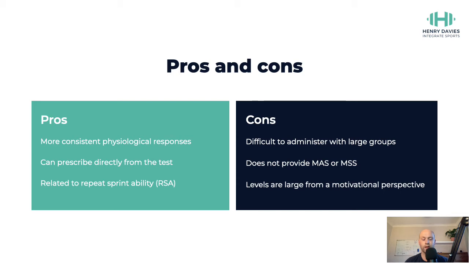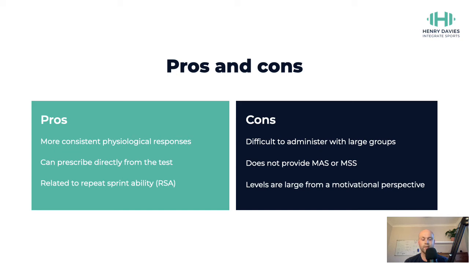relatively difficult session. Whereas if you're running at 110% of maximum aerobic speed, someone might be quicker than someone else, even if their MAS scores are the same. And so you get this big variation. Whereas prescribing from 30-15, it accounts for that, and therefore everyone's physiological response is exactly the same, or relatively the same. You can prescribe directly from it, because once you've got the test score, you can then prescribe